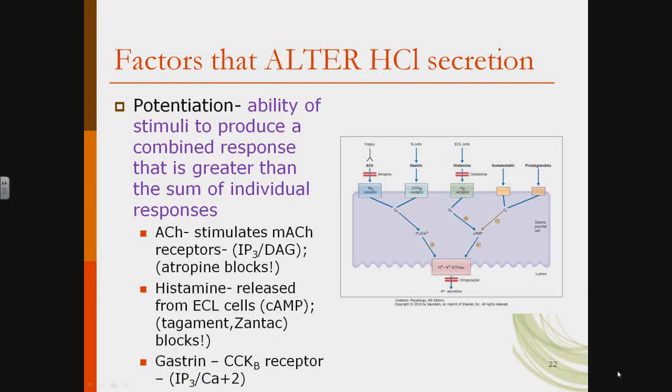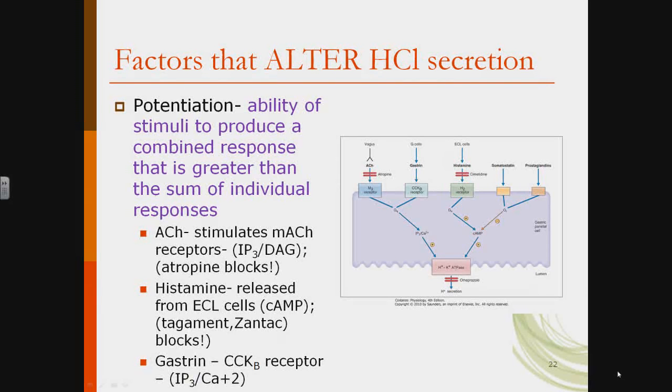But if I stimulate all 3 cells at the same time, or pathways I should say, I won't get 6 liters. I might get 18. So again, 1 plus 1 plus 1 doesn't always equal 3. We get a much bigger combined response. And we've seen this before back in Unit 1 when I showed you hormones that regulate blood glucose levels. And you saw the combined effects of glucagon plus epinephrine versus glucagon plus epinephrine and cortisol versus glucagon plus epinephrine plus cortisol plus growth hormone. You get an escalatory kind of effect.